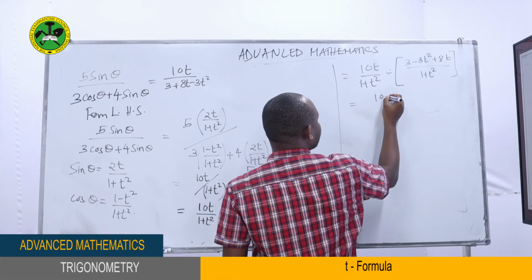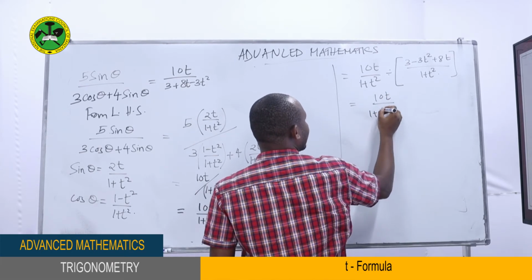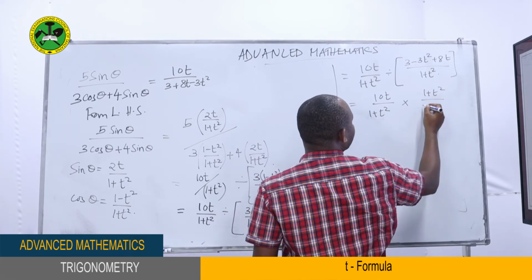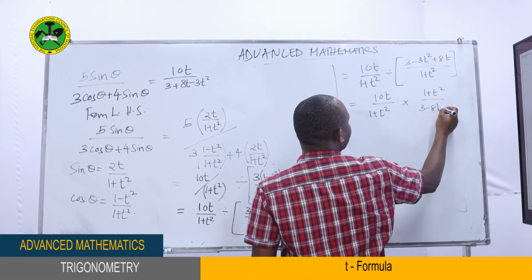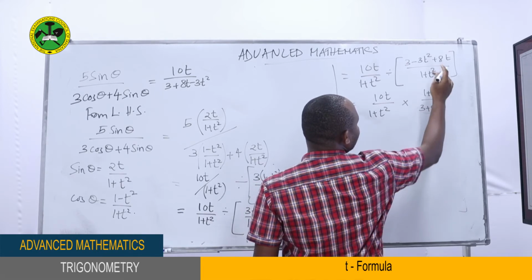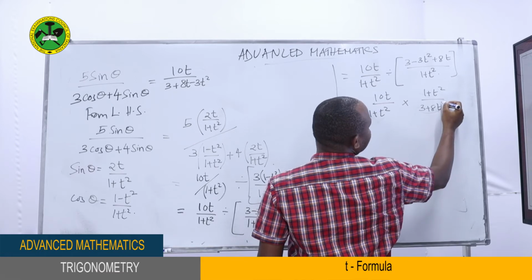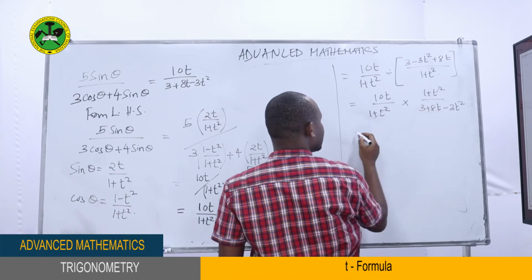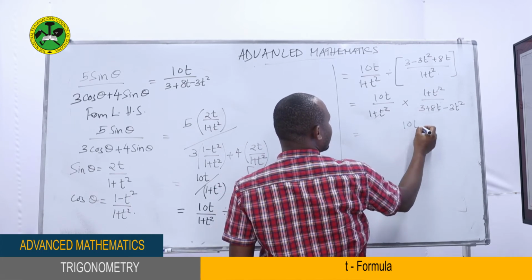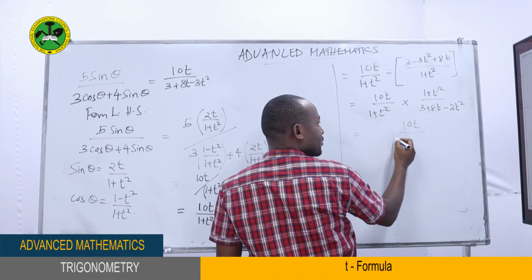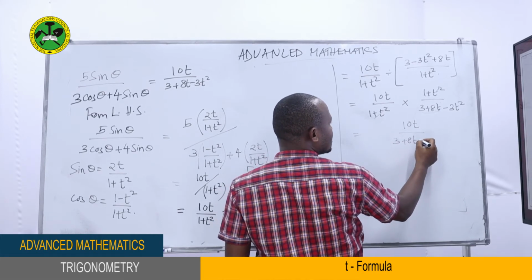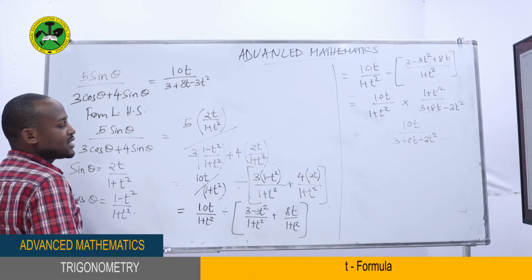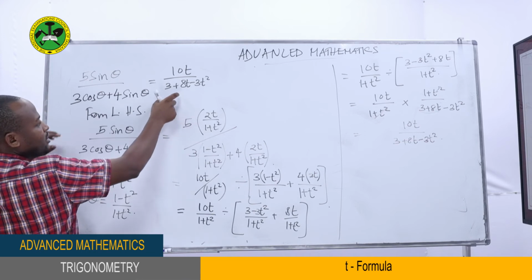And if we go on with that, we're going to have 1 plus t square times 1 plus t square, and then we have 3 plus 80t minus 3t square. So this and that goes, and then we are left with 10t, then we have 3 plus 80t minus 3t square. As you can see, the result that we have obtained at the last point resembles